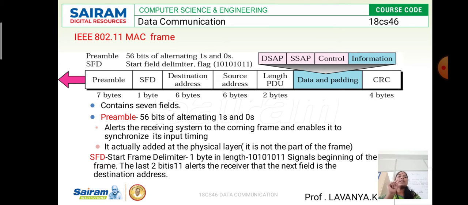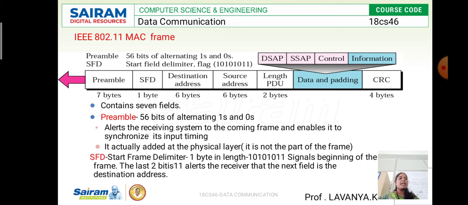The third one is the destination address, the fourth is the source address, and the fifth is the length PDU, which is the length of the data. The sixth field is the data and padding.